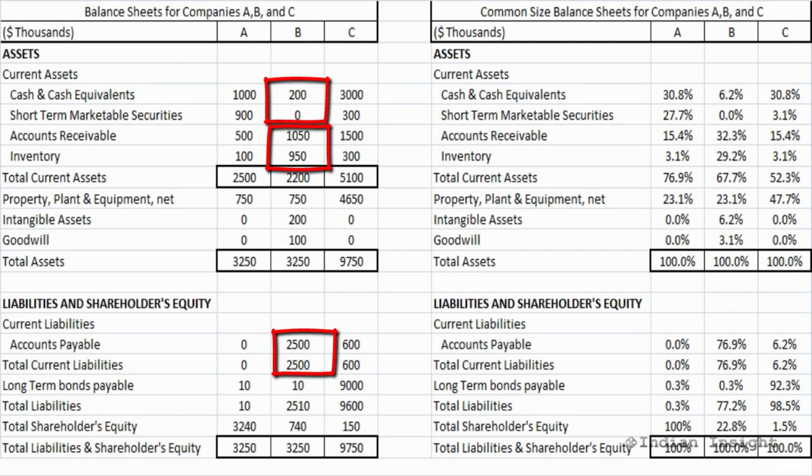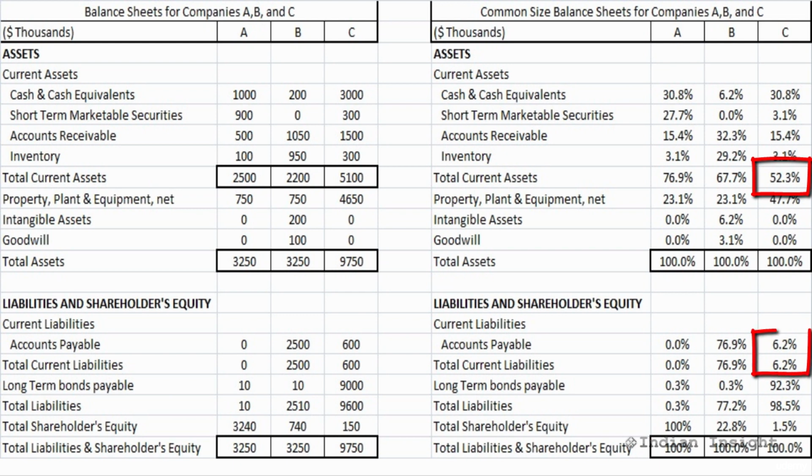Company C also looks more liquid than Company B, as it holds over 30% of its total assets in cash and short-term marketable securities. At the same time, Company C's current liabilities are only 6.2% of the total assets. Also, we note that Company C's 3.3 million in cash and short-term securities is substantially more than its current liabilities of 600,000. But if we were to look at the solvency, we see that 98.5% of Company C's assets